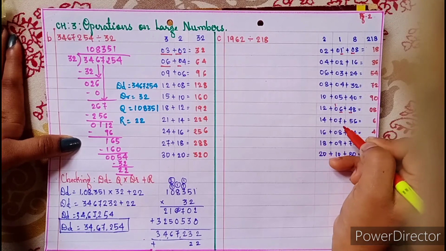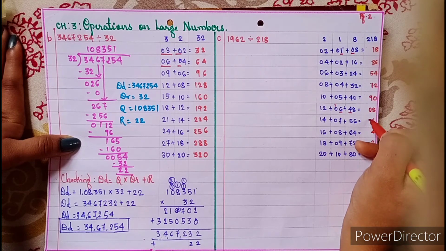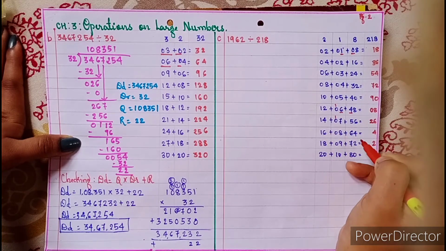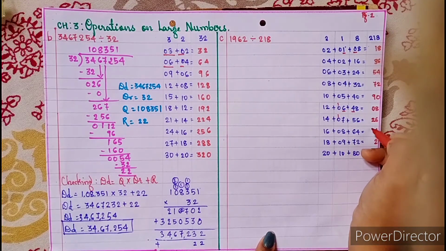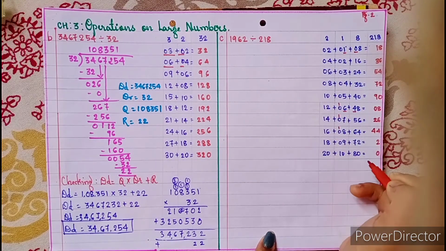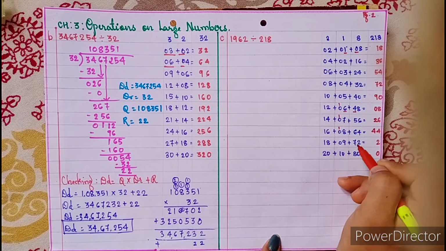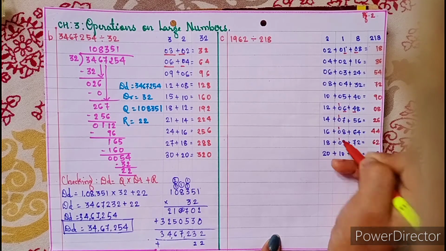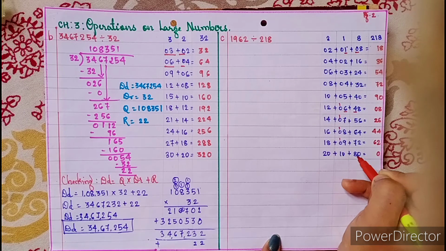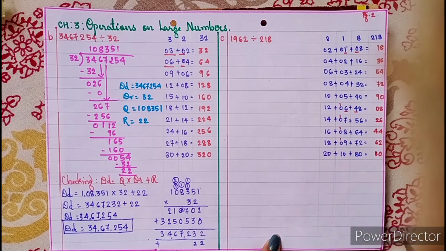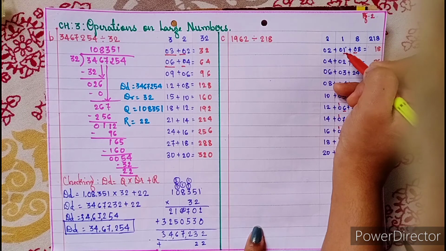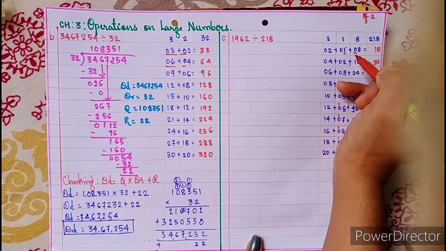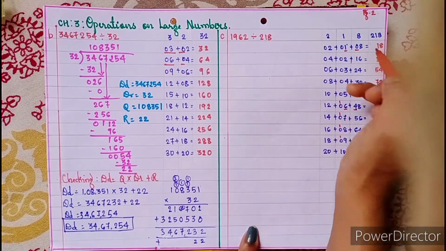Next, 7 plus 5 is 12, so 2 here, 1 carry. 8 plus 6 is 14, so 4 here, 1 carry. Further, 9 plus 7 is 16, 6 here, 1 carry. And then 0 plus 8 is 8. What we did here is add the 1's place of the middle number and the 10's place of the last table. Now further, I have to add